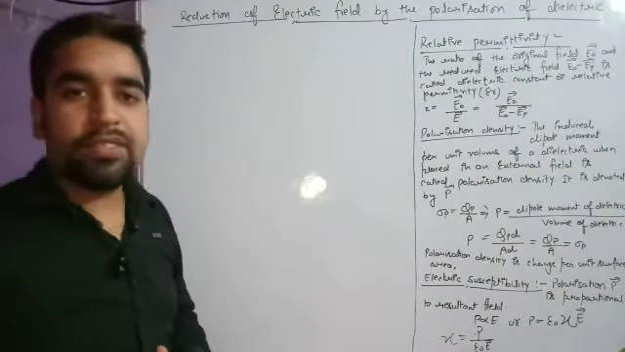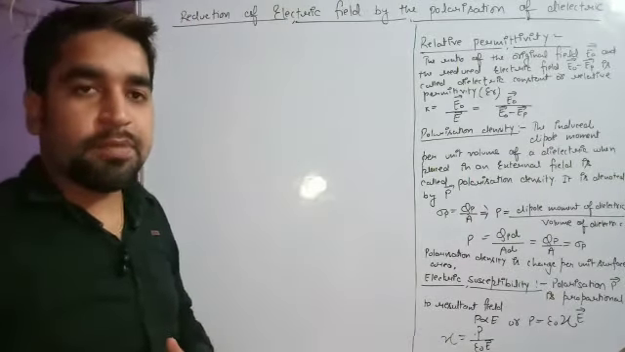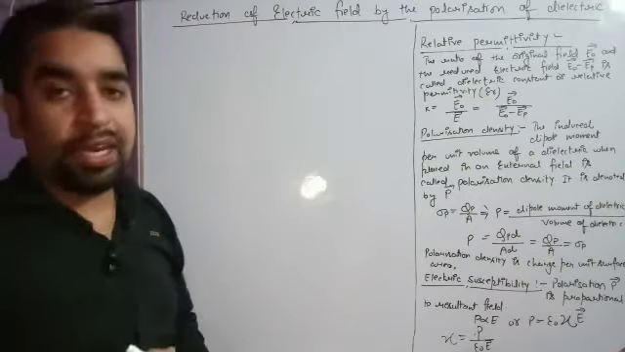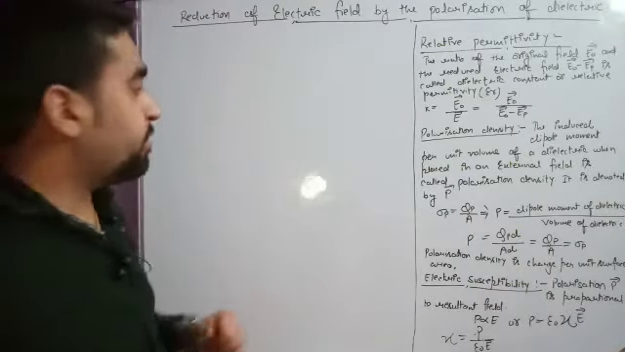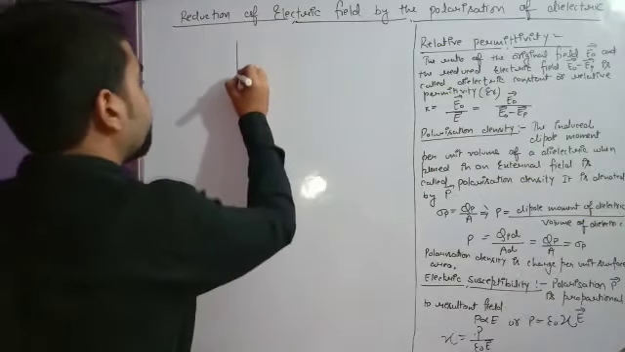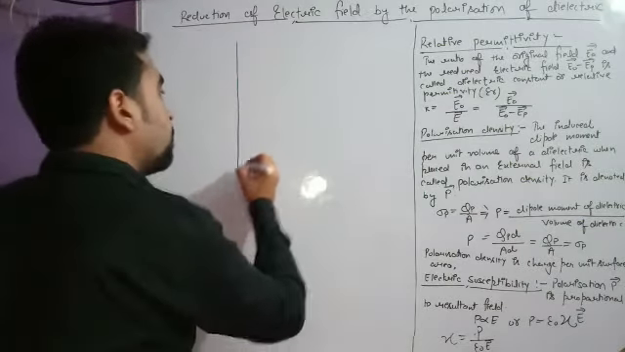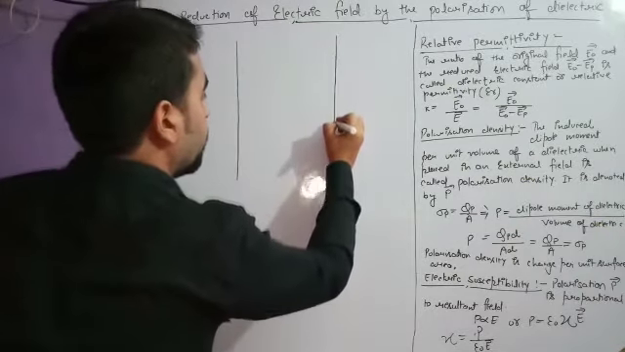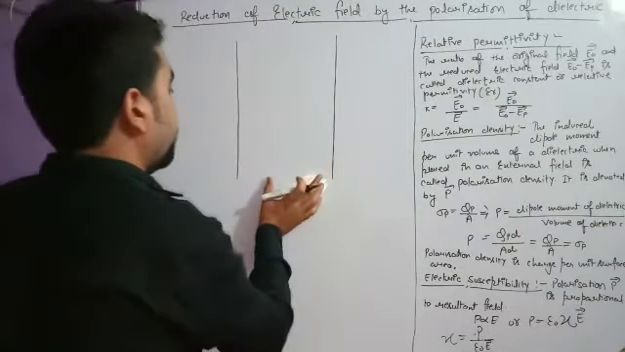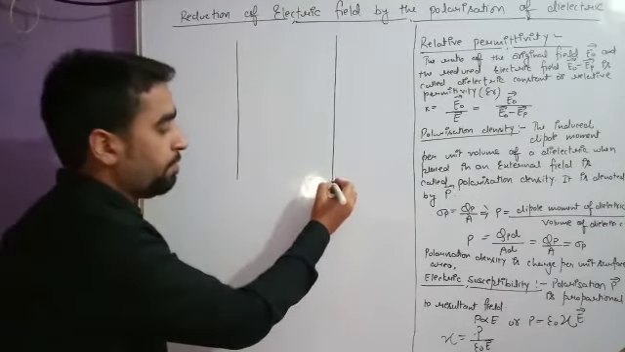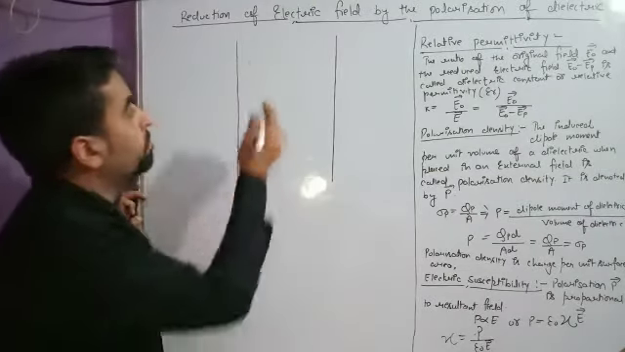Good evening, students. So now we are going to discuss the reduction of electric field by the polarization of dielectric. What is the meaning of polarization? So let us understand this by one example. Suppose I have a capacitor, okay, and this capacitor has a certain external field we have applied, okay, and